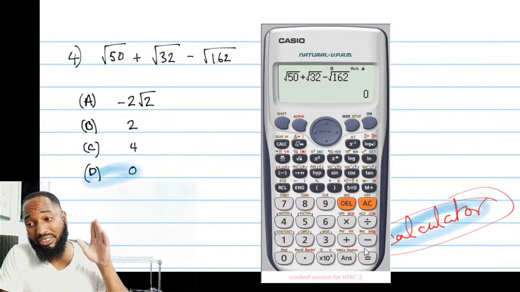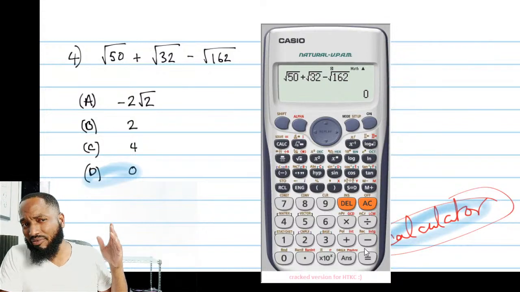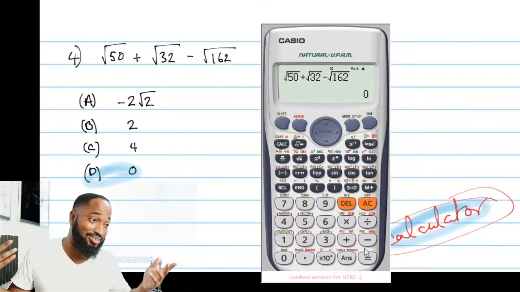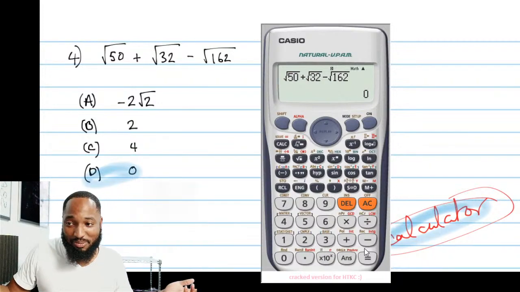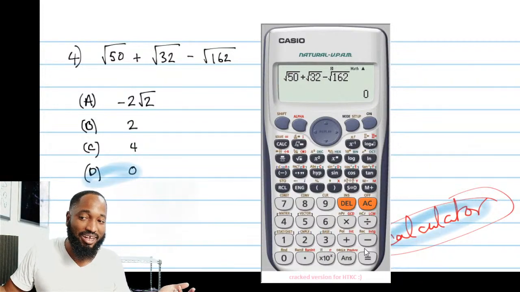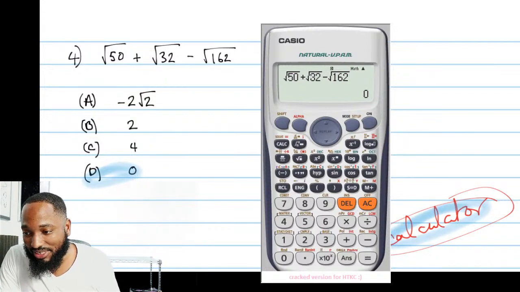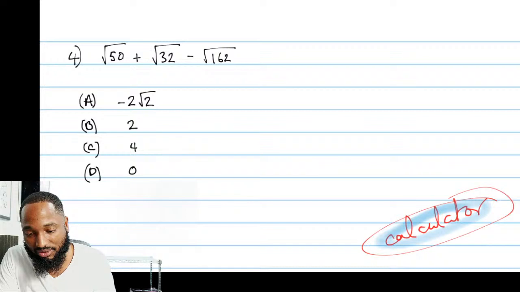Once they give you this, and it feels like every year we get questions like this, it's just numbers to put in your calculator. But anyhow, if you had to do this in a Paper 2 and couldn't use the calculator for some strange reason,